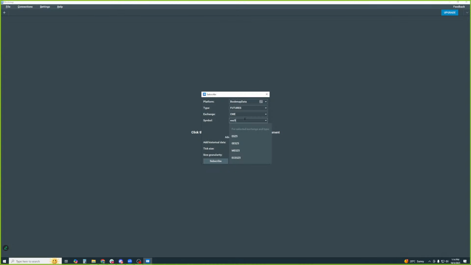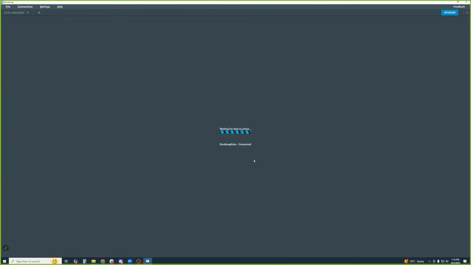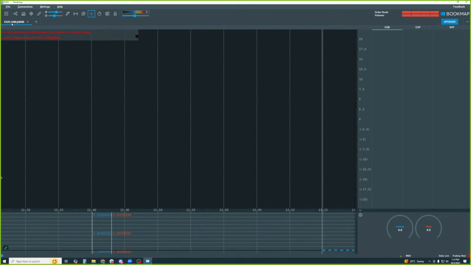for the S&P E-mini, which is the ESZ is the contract month for December. That is the current contract, and then 5 is for 2025. And I'll show you the symbols table if you want to determine this as well. You can add historical data here from the cloud. I'll keep it at 1 hour, and let's just click subscribe, and you can see Bookmap is opening up the